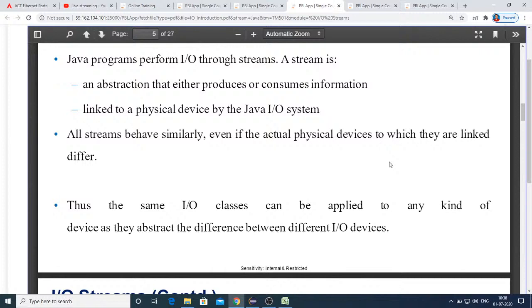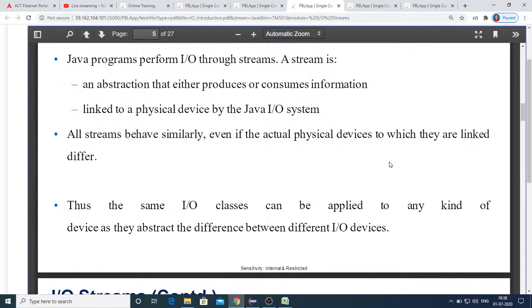And remember that a stream can be connected only to one at a time. That means you cannot have a single stream performing both input and output. If you are creating a stream for input, it can perform only reading. If you create a stream for output, you can perform only writing. So you cannot have a stream that can perform both. It's not something like a pipe having two-way communication. That's the point I would like to convey.